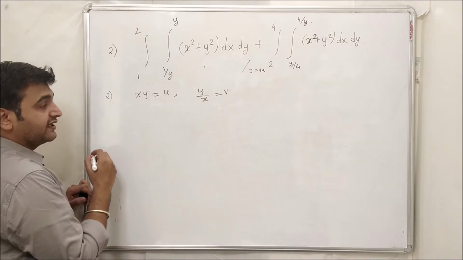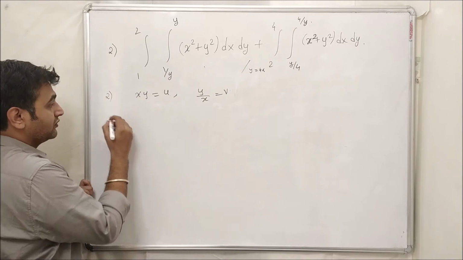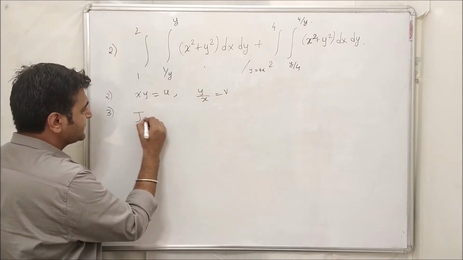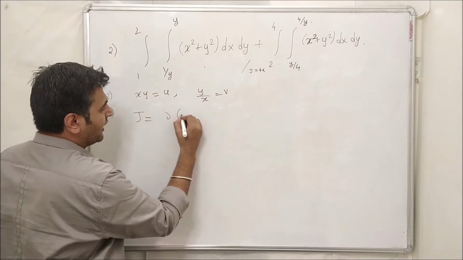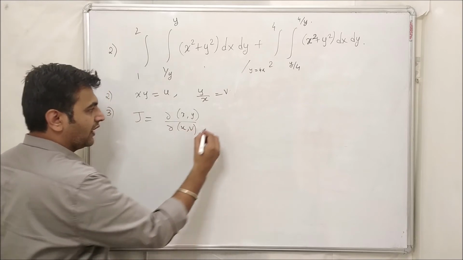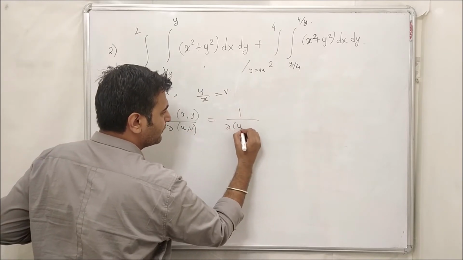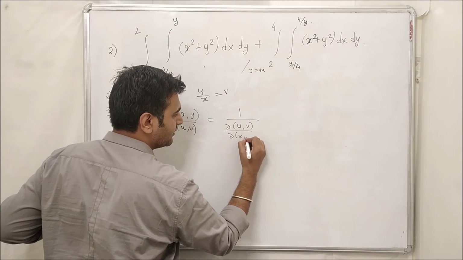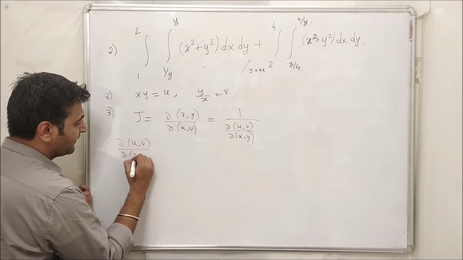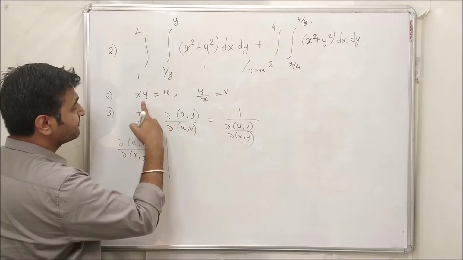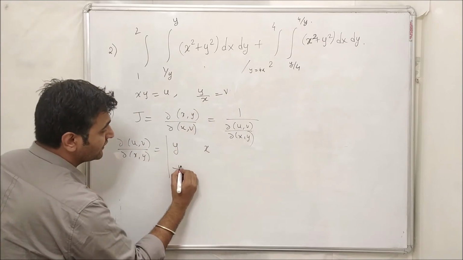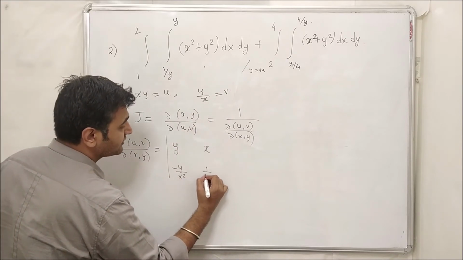Now again the second thing is you need to find the Jacobian. The third step is to find x and y in terms of u and v. But again, I am feeling very lazy, and just to save your time, I will do it the reverse way. I want to find this thing. So what I will do is 1 upon ∂(u,v) upon ∂(x,y). Let's use this relation. So what is ∂(u,v) upon ∂(x,y)? You simply take u with respect to x, u with respect to y, v with respect to x, and v with respect to y.